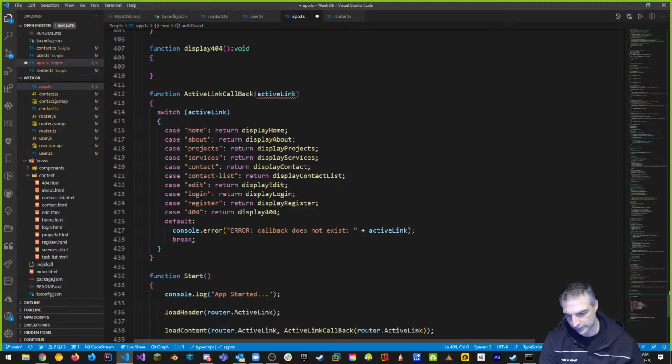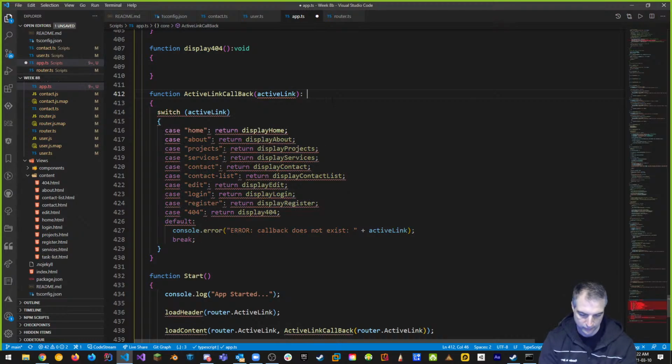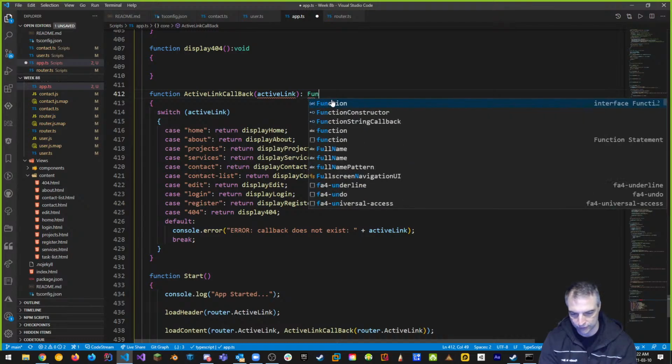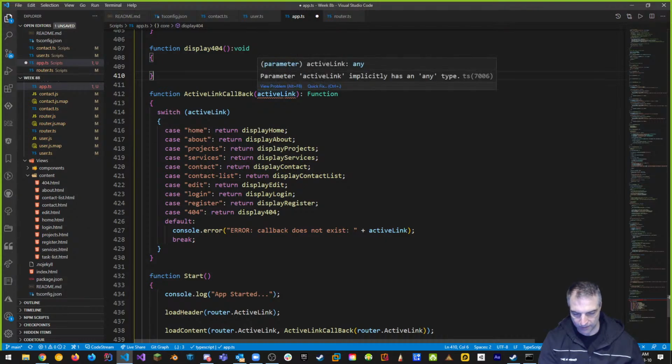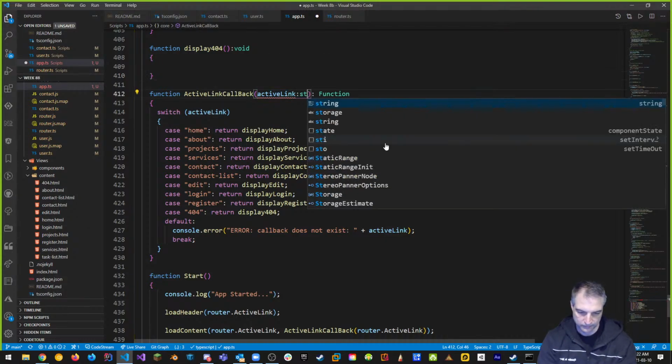Active link callback returns a function. So this is where we want to return a function with a capital F, and the active link is a string.